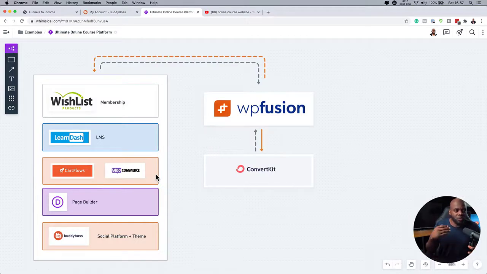But of course, if you just want to sell one course on your website, you can just take away Cartflows and just have WooCommerce be your payment gateway, or you can just go directly to Stripe, and Stripe becomes your one-way system to make a payment and give access to the course. Now, talking about access to the courses, LearnDash does have a way of... in fact, I haven't spoken about LearnDash,